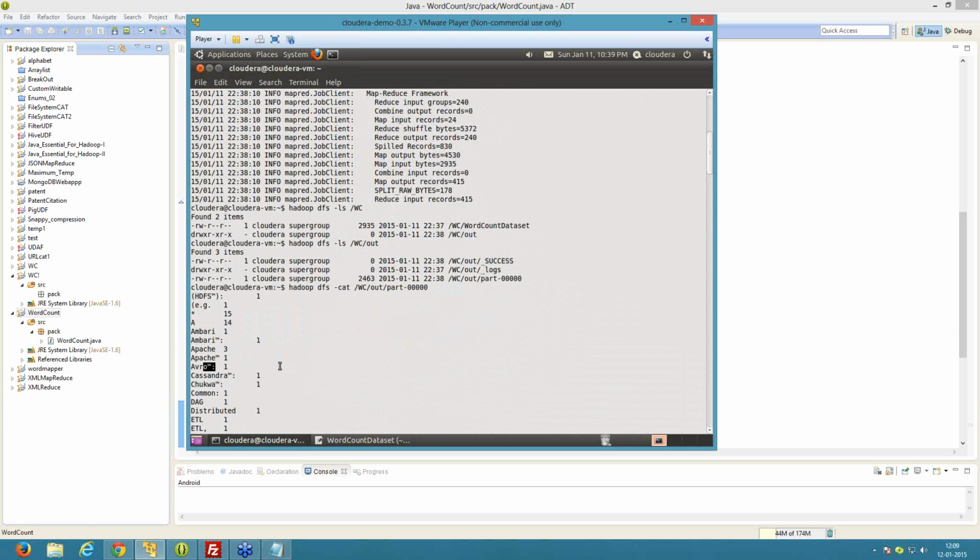This is all about how to write a MapReduce program. First we have to write the mapper function, then the reducer function. We have to call these two functions inside the main method using set mapper class and set reducer class. Then we transfer the file to CDS 3.7. Then we submit the job to the job tracker. First we need to create a directory, then load the file inside the directory, then submit the job for that directory. The job tracker will take care of your jar file and submit the job to the different task trackers.